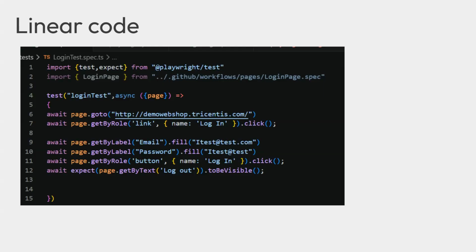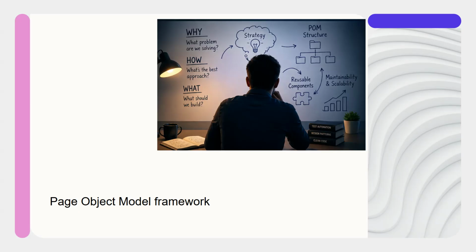It might happen that for your application testing, you might have to open the base URL multiple times, or login itself has to be done multiple times. You can't copy paste the same code again and again to do the login. Instead, you should make your code reusable. Once the code is reusable, it becomes more readable and maintainable. So, to make your code reusable, readable, and maintainable, we will introduce Page Object Model Framework into the code.